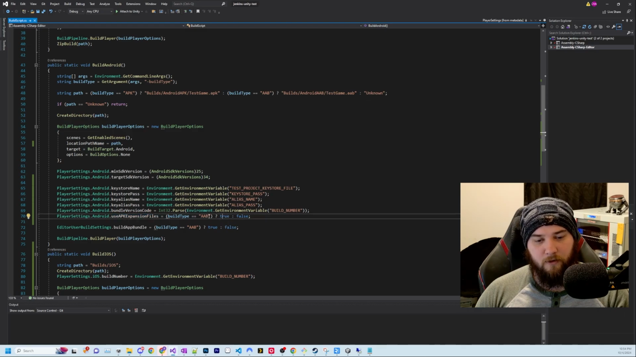And then I use this ternary operator because if it's an AAB, if it's a bundle, then yes, we will go ahead and use expansion files. However, if we're just building an APK for sideloading, we don't really want those expansion files. They can be annoying to set up properly when you sideload. It may be a big APK, but that's perfectly fine. There are no limitations for when we're sideloading, unless you just have a low amount of storage on your phone